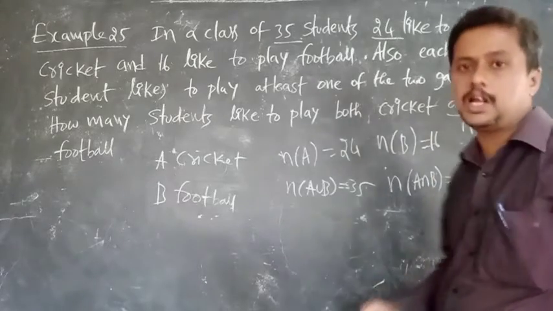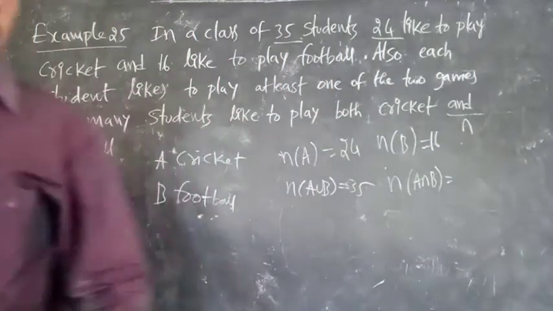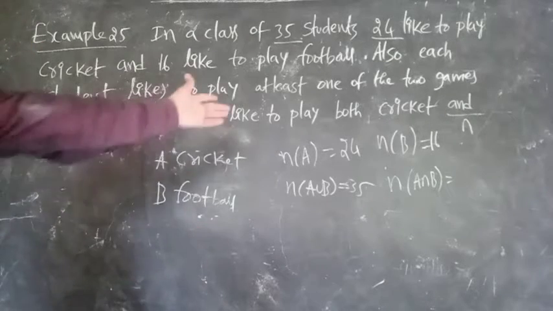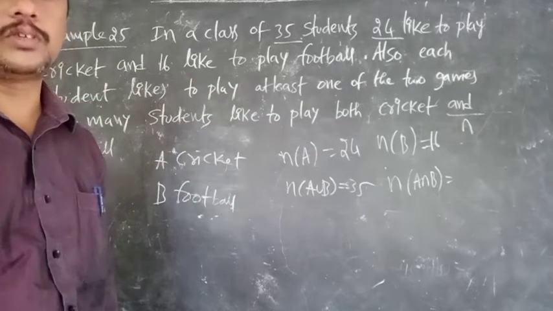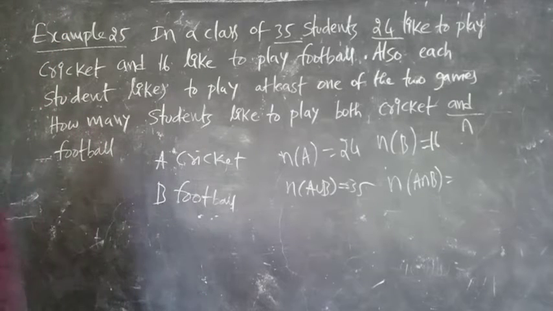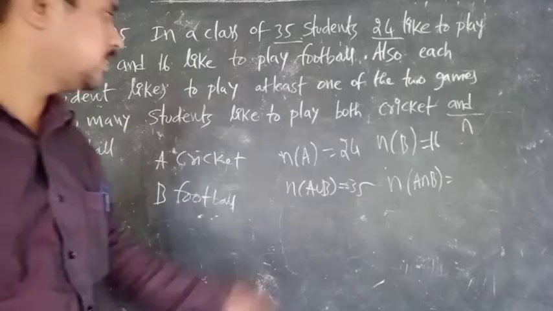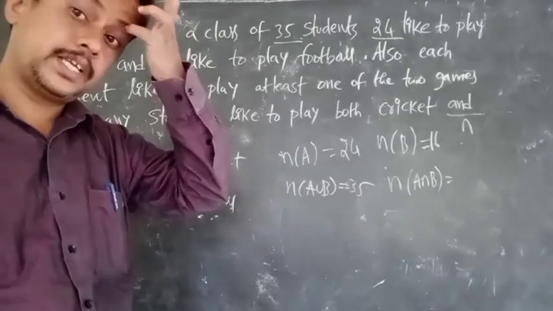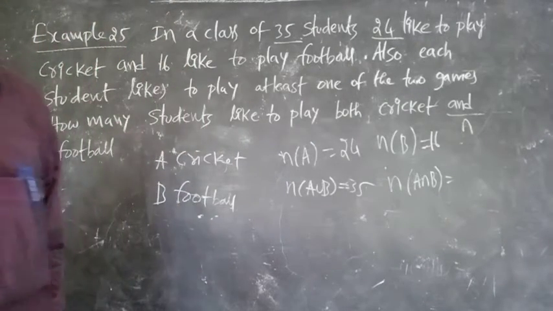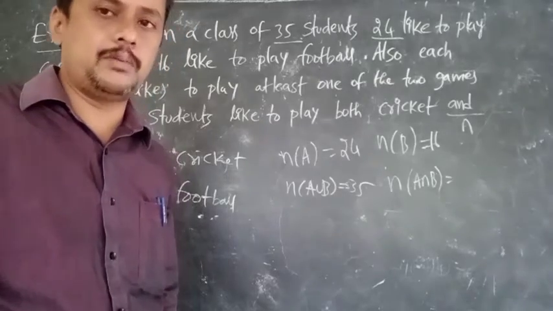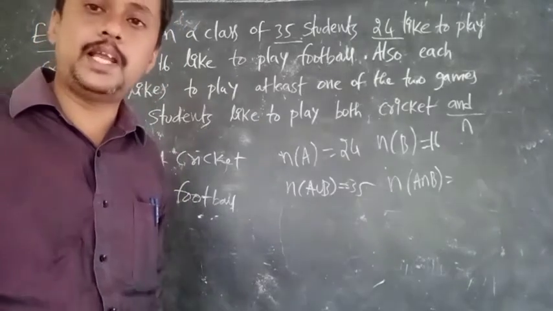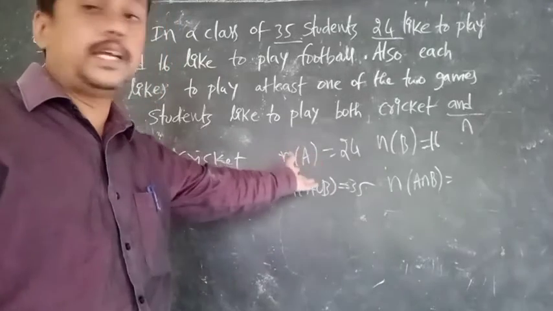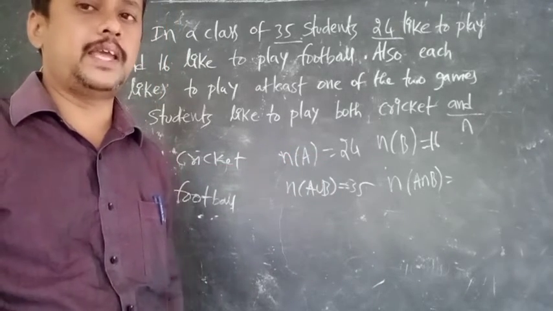So what is the formula? n of A intersection B is equal to n of A plus n of B minus n of A union B. Substitute all the values, you will get the answer. Otherwise you can consider X and Y, or some other method also. It is your wish. In the textbook X and Y are taken. You can take any variable or any set name, capital X and capital Y. I have taken A and B, so both are the same, and the answer will be the same for all.